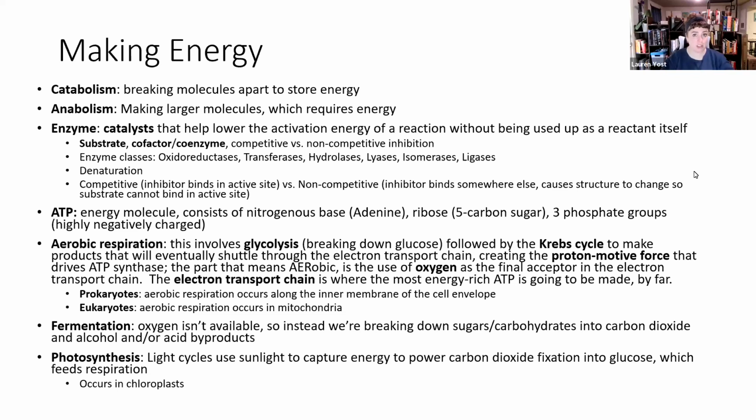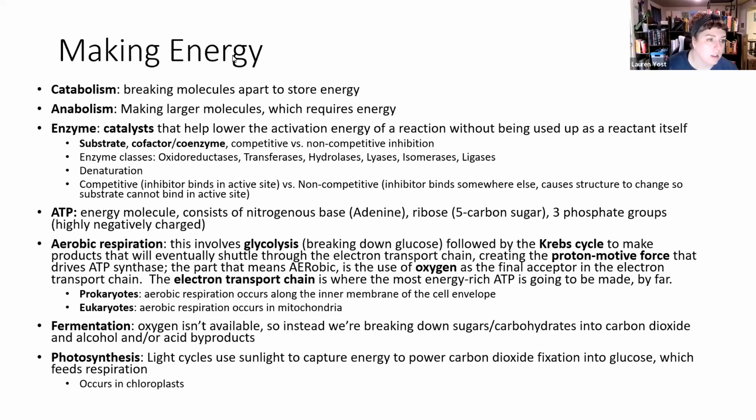So anyways, let's start off with the general concept. I can't believe there's just this little amount of words on here for this summary, but it is what it is. I say that a lot. Making energy. So catabolism. Cats are awful. I don't like cats. I'm sorry, I know you guys probably like cats. But they are pretty destructive, right? I think we can all agree on that, whether you like them or not. They tend to be a little bit destructive, whether they claw on your furniture or you have to go through the effort of teaching them to use a scratch post. They're destructive. That's just how it is.